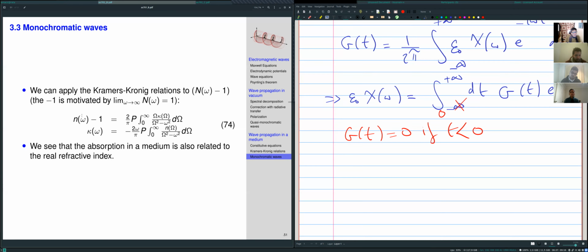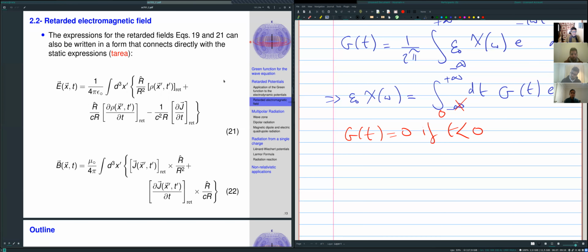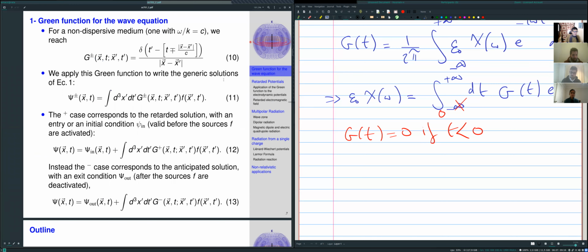So as soon as you have the real part of the refractive index, we can calculate the kappa. Of course, we won't be applying this Kramers-Kronig relationship, but I thought it's important to know how this is done. Okay. So this was a brief summary for the previous chapter, and now we are going to introduce another complex